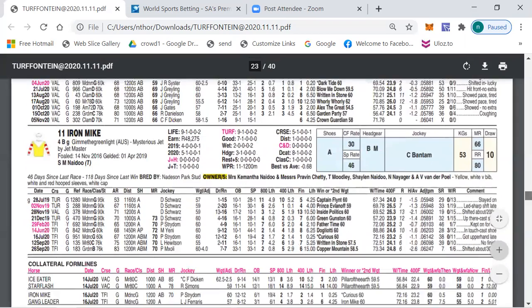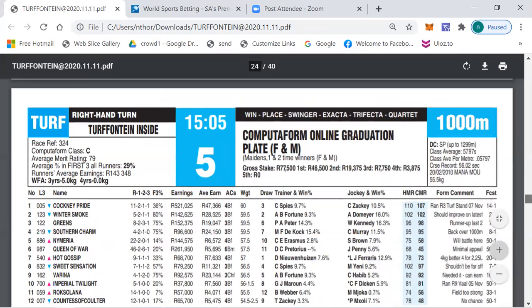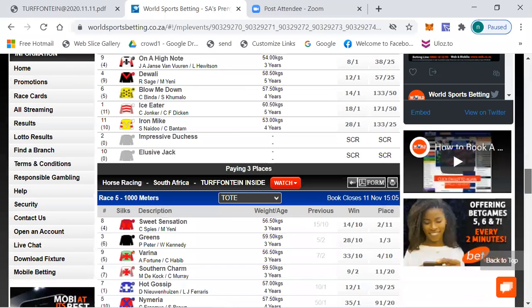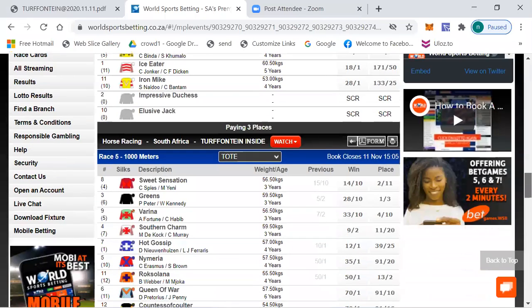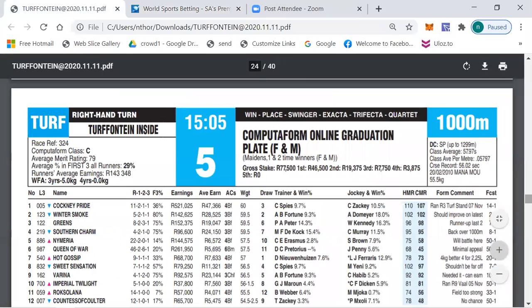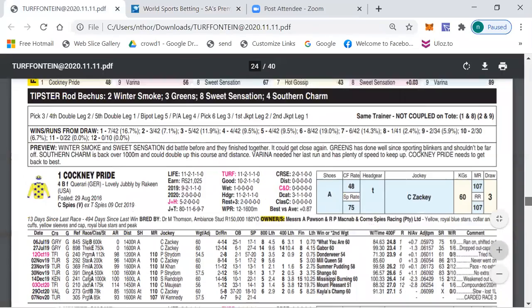So let's move on to race number 5, which is a graduation plate class C, average merit rating 79, also over 1,000 meters. Here the betting is as follows: Sweet Sensation 14 to 10, 28 to 10 Greens, Varina 33 to 10, Sudden Charm 9 to 2, Hot Gas 12 to 1, Namera 35 to 1, 50 to 1 and longer the rest. Here, in my selections today, my first confident selection is